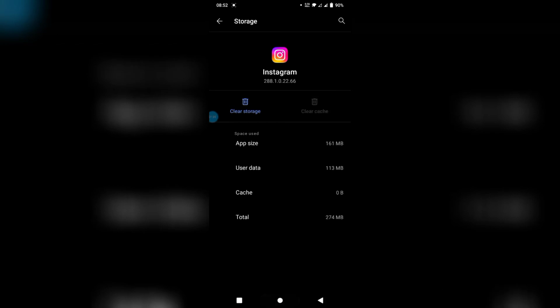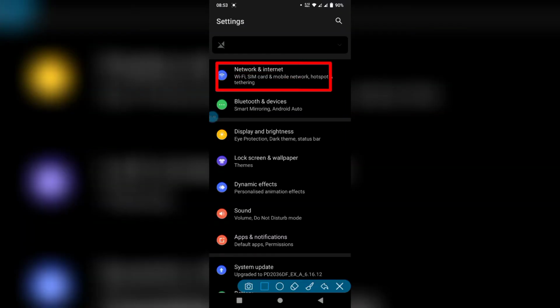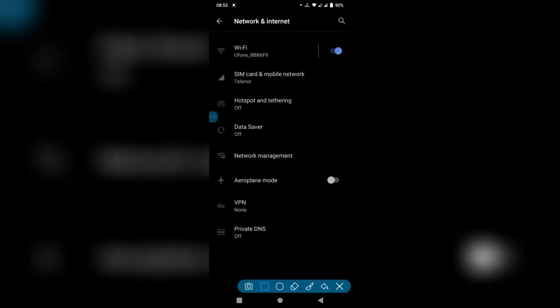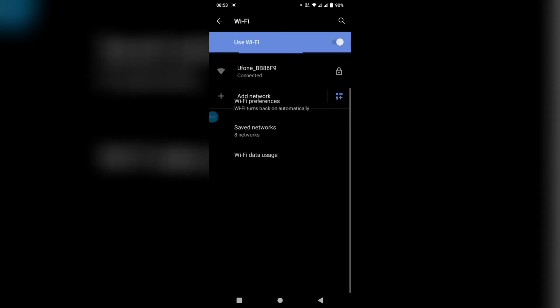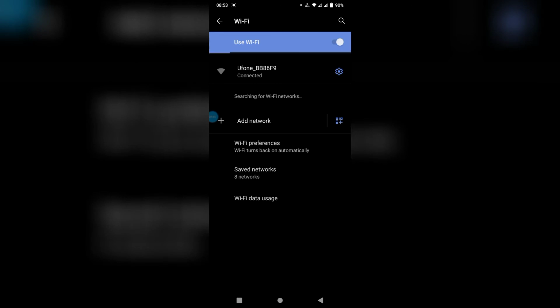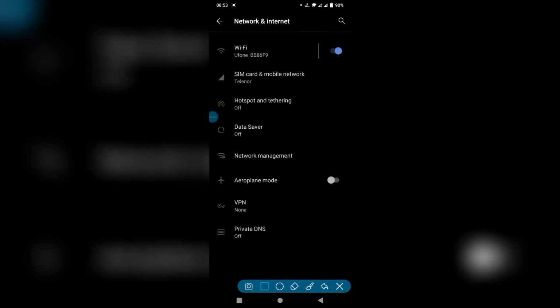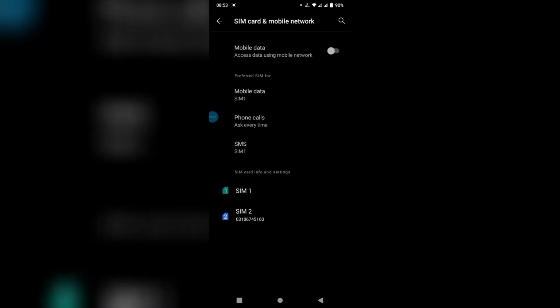So after this go back and open again your settings and click on network and internet and click on Wi-Fi. So here you can see my Wi-Fi is properly connected. So make sure that your Wi-Fi is properly connected with your device. So after this go back and click on SIM card and network. So if you're not connected with Wi-Fi, then turn on your mobile data. So after this go back